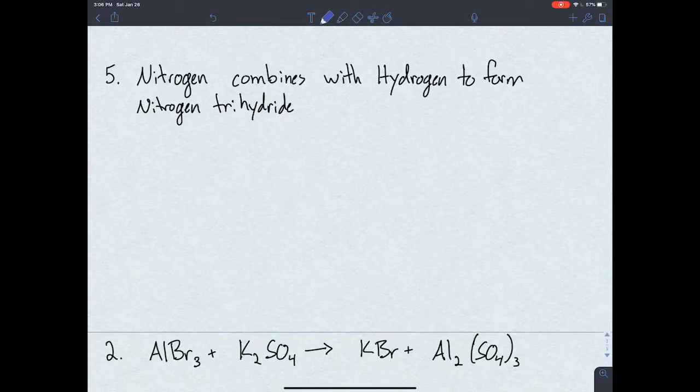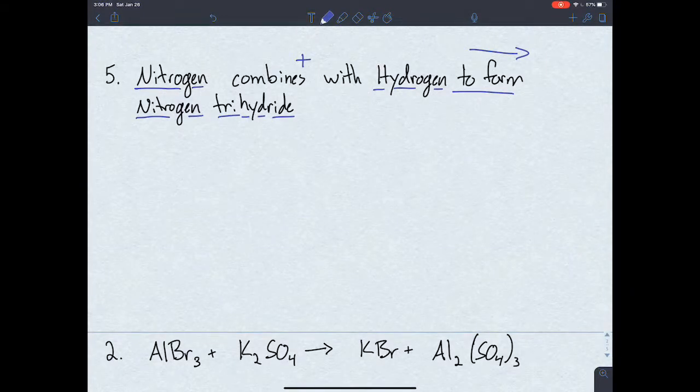All right, so now we got a word problem. I guess that's what you could call it. So what do I have here? I have nitrogen combines with, so let me have a plus sign, hydrogen, okay, to form, let's say this is my arrow, this is separating my reactants from my products, nitrogen